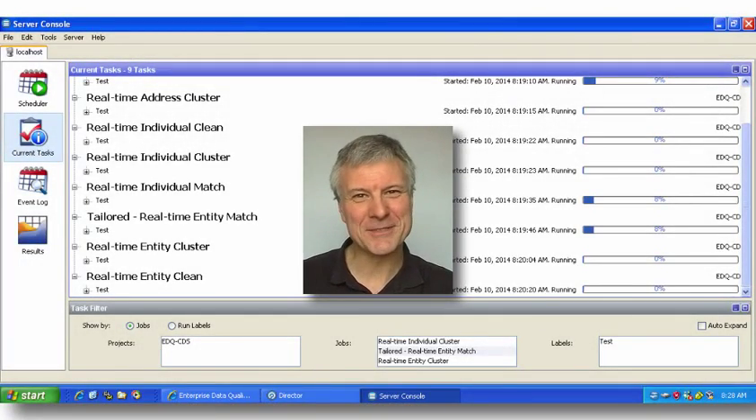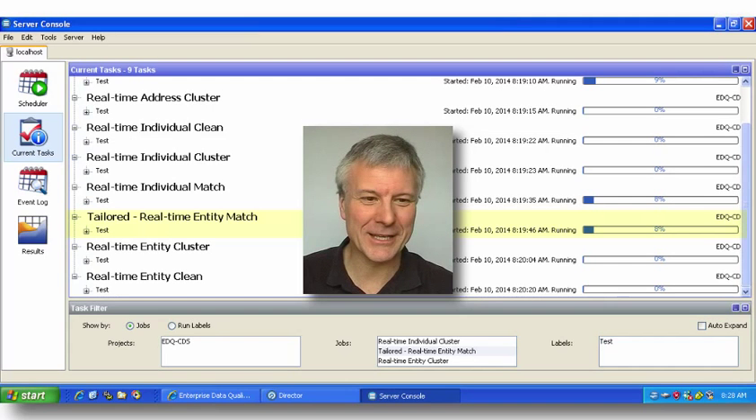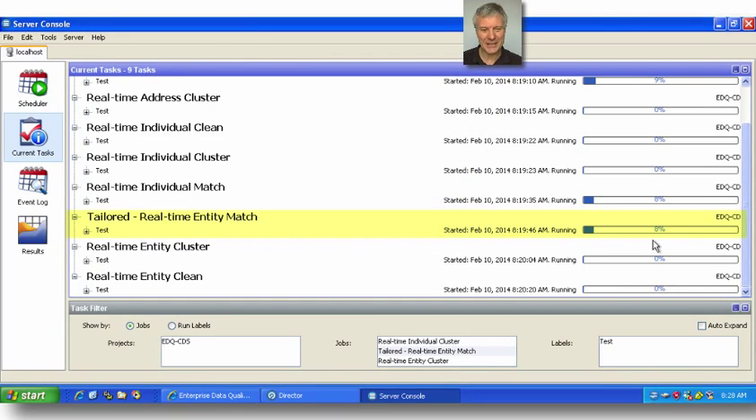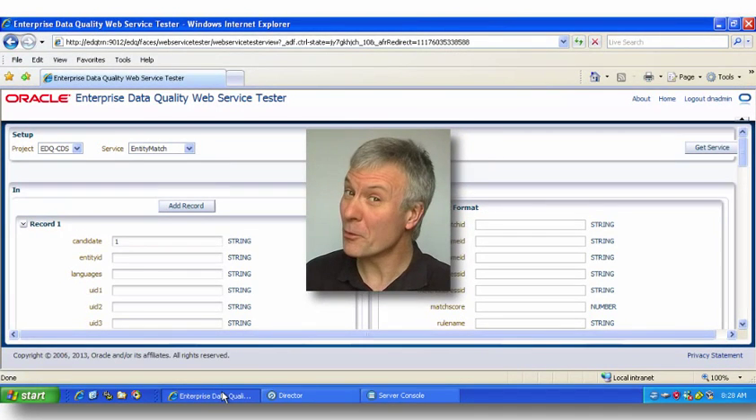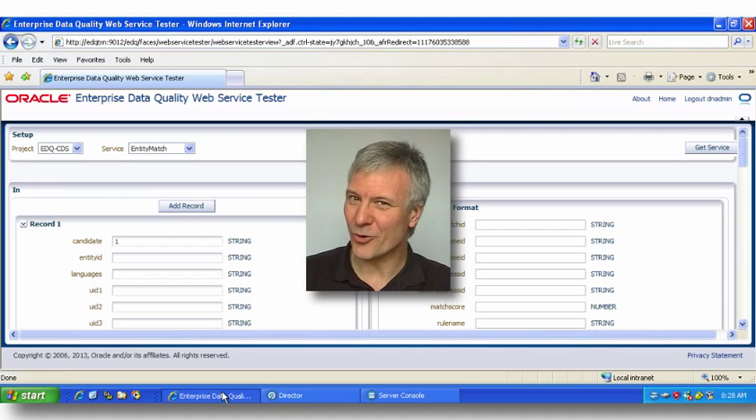Okay, so real-time start all has started all of the real-time services now, including real-time entity match. There we go, just there. So we can go off to the web service tester and we can see if our changes have worked. So let's go to the web service tester, and remember what we were trying to achieve. We were trying to make sure that whether or not the secondary zip code was present didn't matter. As long as the primary zip code is there, the first 5 digits, what's in the secondary part, whether there's nothing there or something there, or whether there's differences between the two records,